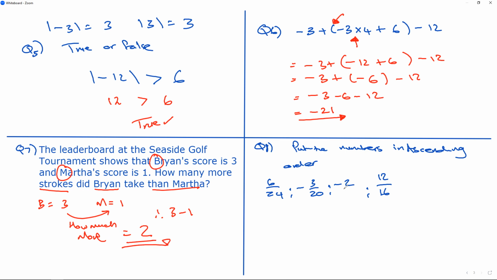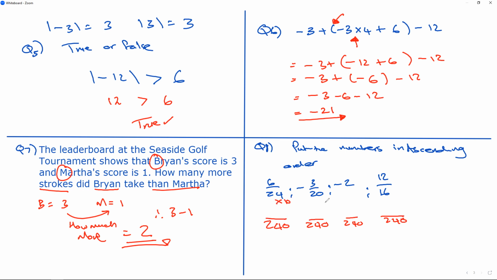Put the numbers in ascending order, showing all your working for this question. What you have to do is try and bring all the numbers into a common denominator as far as possible. Now we know that if I make this into 120, can 16 divide into 120? That's the question. Nope, it will not divide into 120. But 16 would possibly divide into 240. So if I change each of the denominators into 240,